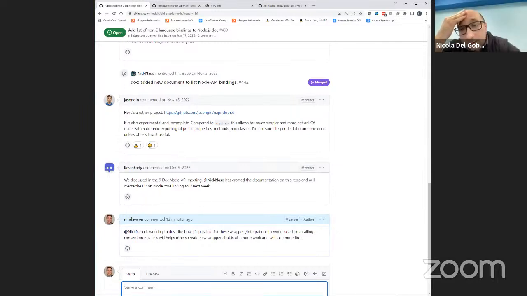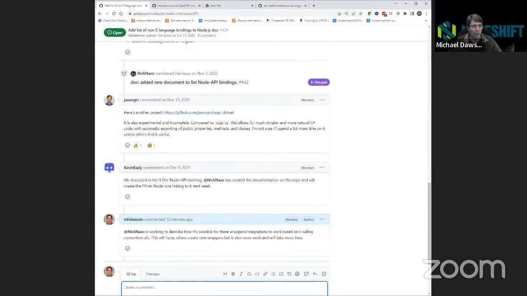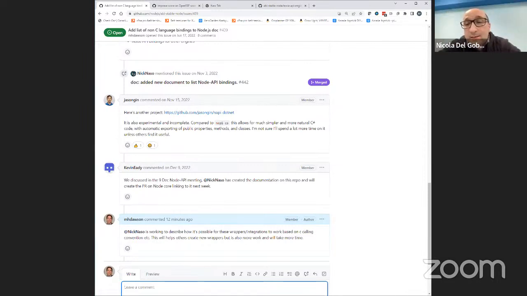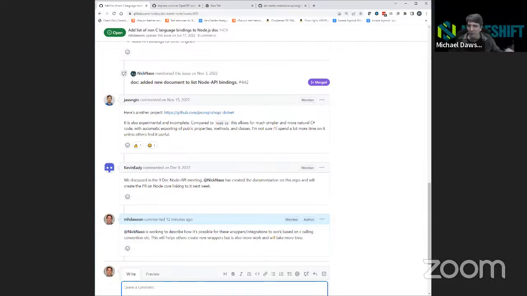We talked about those FFI libraries, which basically take an existing library that exports some C functions, look up those exported functions and call them. And that works for C, but it won't work for Go or Java.